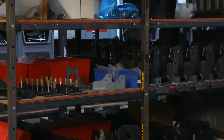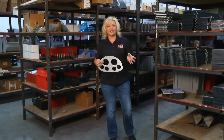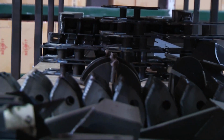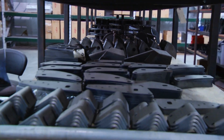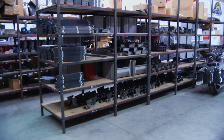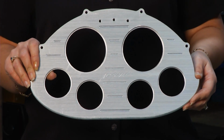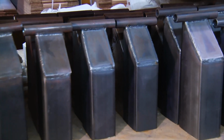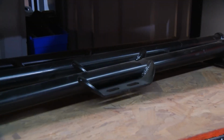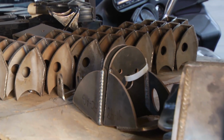That's it. Man, it is such a busy place here at No Limit Engineering, and we've really enjoyed being able to show you all the cool stuff that they have going on here, from the chassis and a lot of the cool stuff that they also have in their catalog. I mean, they're making all kinds of things here. This is just one of many of their billet dash inserts that they have to choose from. They also have motor mounts, tranny mounts for lots of different makes and models, shock relocator kits, and of course,